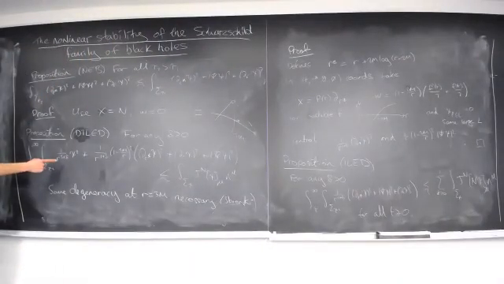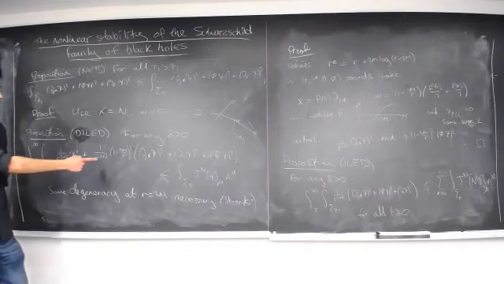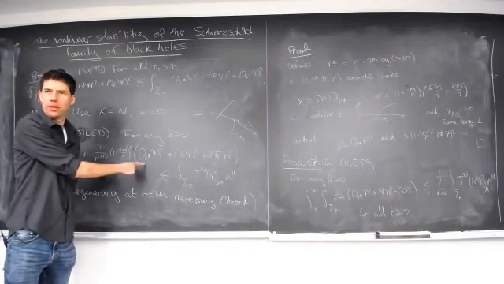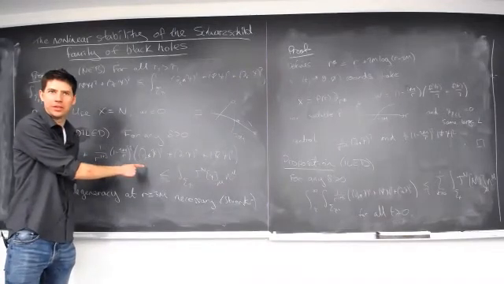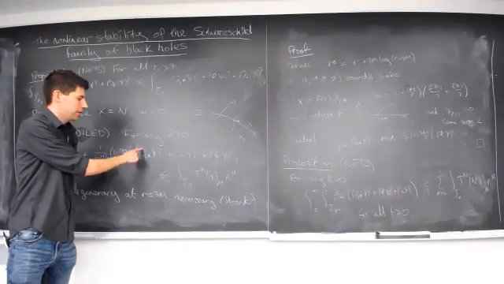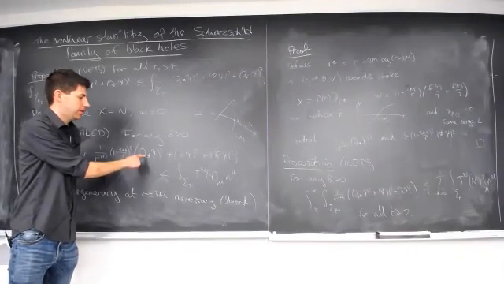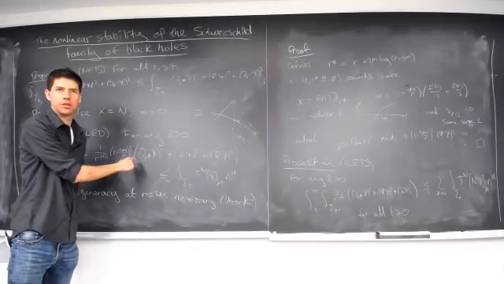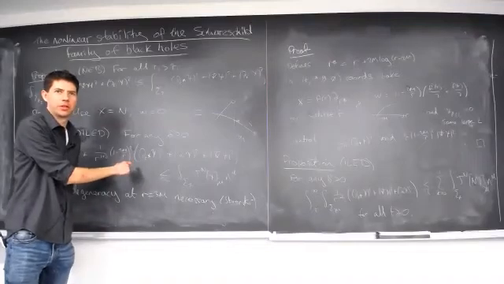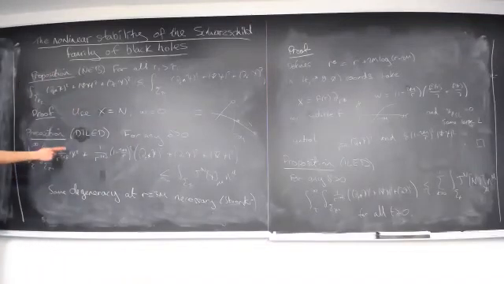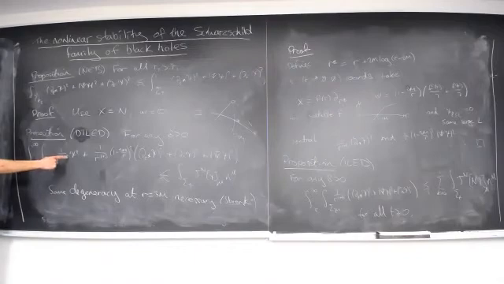So one can, for example, commute the equation with the Killing vector field d by dt star. Since this is Killing, d by dt star applied to psi is also a solution of the wave equation. So one can repeat, and then dt star psi will be the zeroth order term